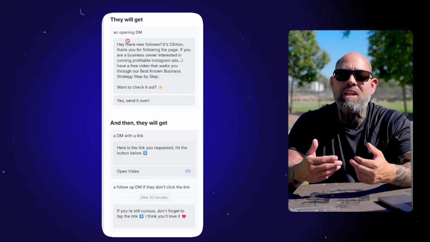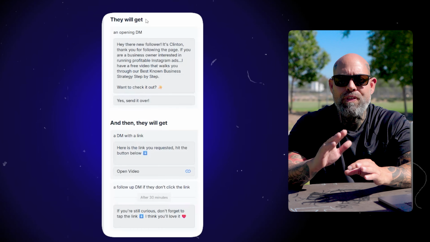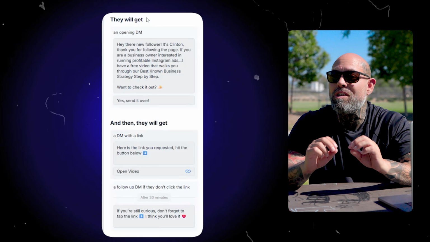And this is where you would input anything related to the thing it is that you want to sell. It gives you the ability to input a link. So the flow is, you've asked them a question, they've said yes, they'd like something, now you're gonna send it to them. I basically say, here's this link that solves this problem. And then you input the link. So essentially, I say, here's the link that you wanna see below, click it, and then I copy and paste the link to my lander, my VSL, my YouTube channel, another Instagram video you want them to see, doesn't matter. Copy and paste that in there.